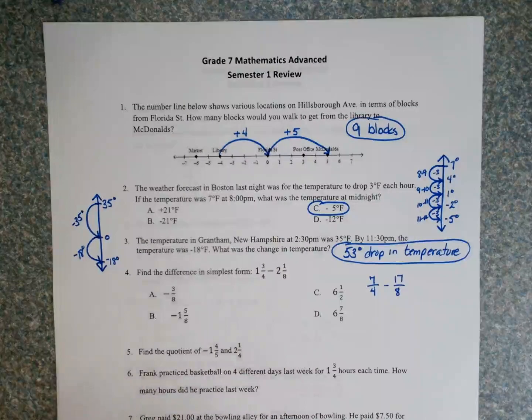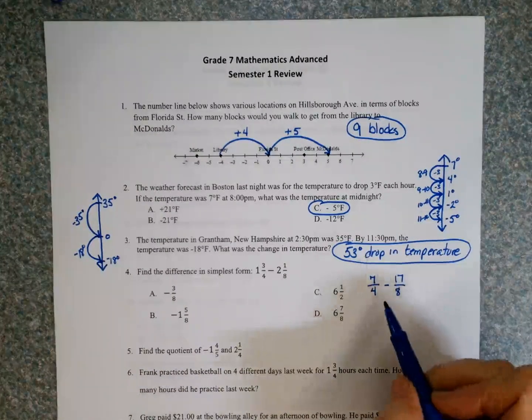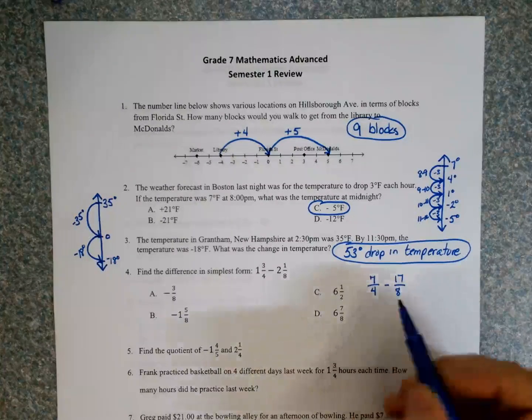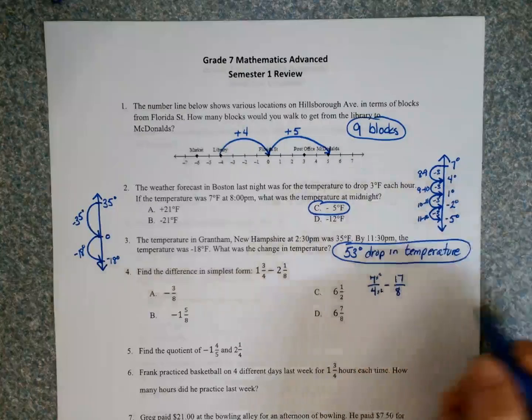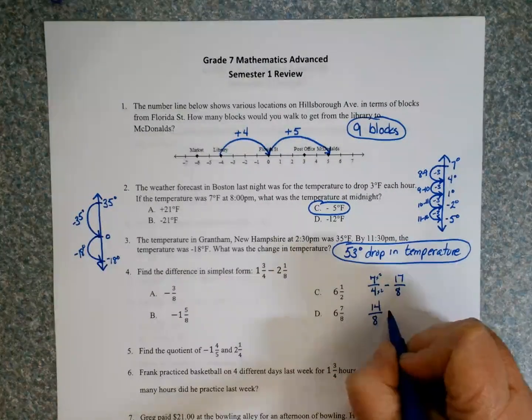Okay, but I still can't do anything because I don't have a common denominator here. So I know my common denominator between 4 and 8 is going to be 8. So I need to multiply this by 2 and this by 2. So I wind up with 14/8 minus